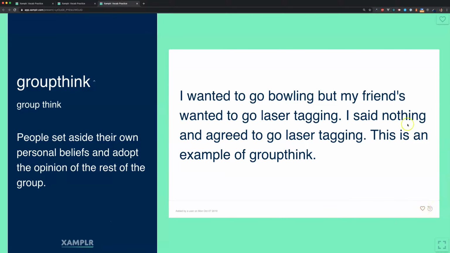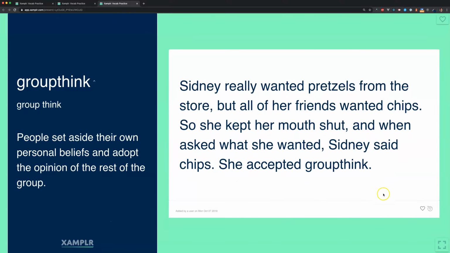There's also these two little buttons down here. If you think one of these is bad, like it has bad grammar, or it's just not a good example, or it's a definition, click on this little frowny face guy. It will report it to me, and I'll be able to fix it. If you think it's really good, you want to heart it. And if you heart enough of these, let's say I'll heart a couple,